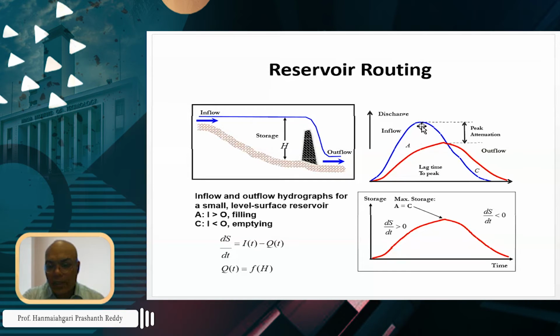So you can see that peak is quite high, whereas the time base is quite low. So now at the crest of the reservoir or immediate downstream of the reservoir, we plot the flood hydrograph. So that is shown with this red color. So you can see that due to constructing this reservoir, the peak has come down, and not only that, the time base increased. So you compare the inflow hydrograph and the outflow hydrograph.